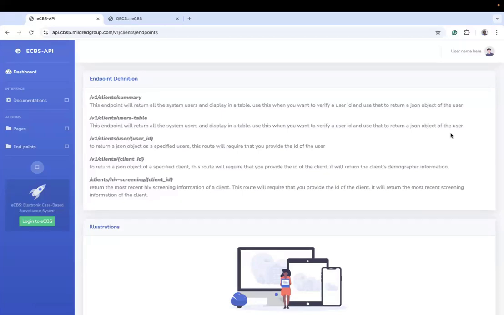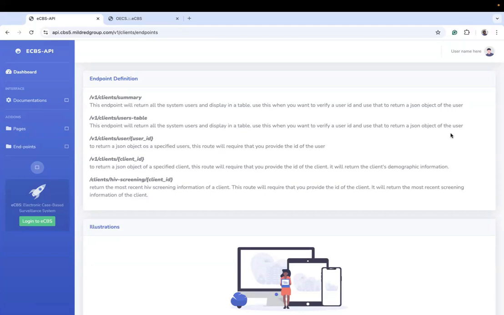Now, when you use a get method, it expects that you want information back in return, and post means you're just sending information. When I fill a form and I click submit, I'm posting information, I'm sending information. When I enter a unique ID and I want to retrieve a client record, I am getting information. Now, this method is very important, the get and the post method, in the context of this API that we